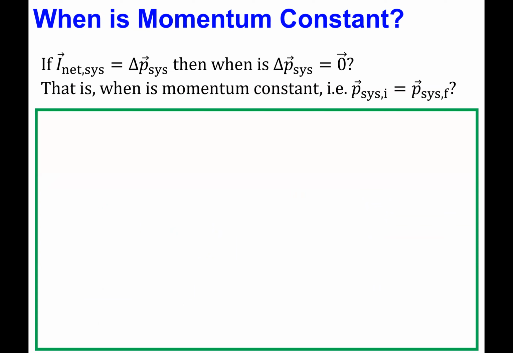Let's try now to go a little bit deeper into the question about when momentum happens to be constant during some interaction. This first equation here is a relationship between the impulse delivered to a system and the change in momentum of the system. So recall that the impulse is related to a force in a very precise way, which we'll see in a minute again. And again, what we're looking for are conditions under which the change in momentum must be zero, which is of course the same as the condition that momentum is constant during some interaction.